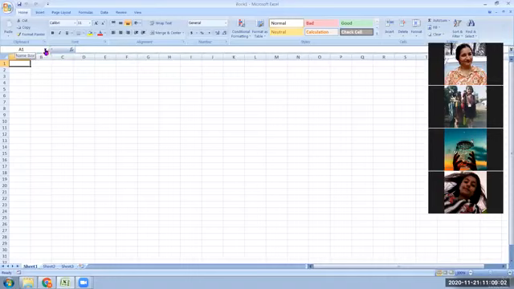The left section is called the name box, and it displays the address of the cell. And this area is called the formula bar. So this is the name box and this is the formula bar. When I point there, it gives me a tip that this area is the formula bar. The name is displayed on the screen.